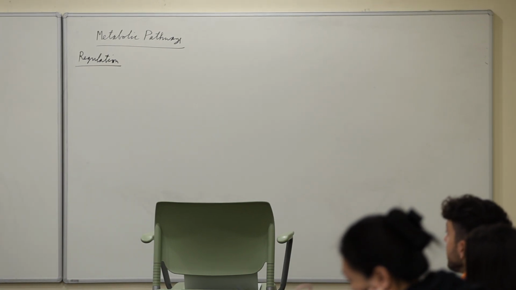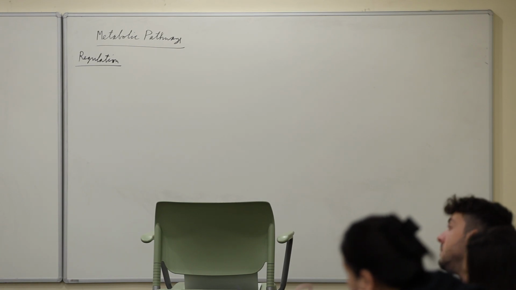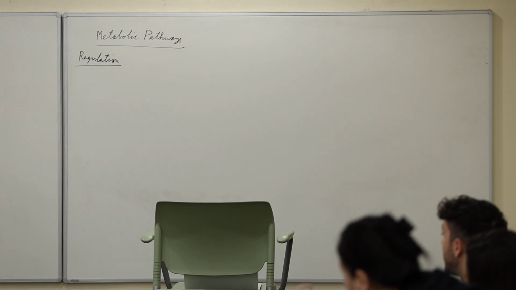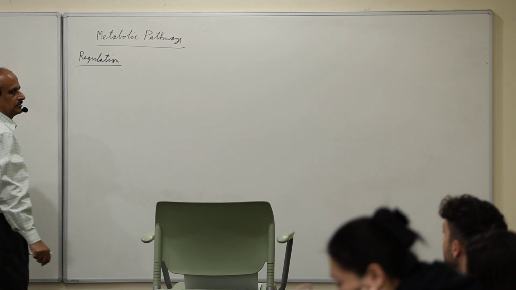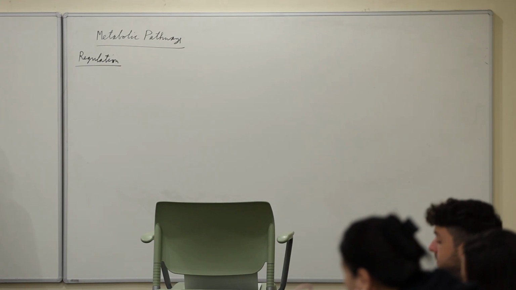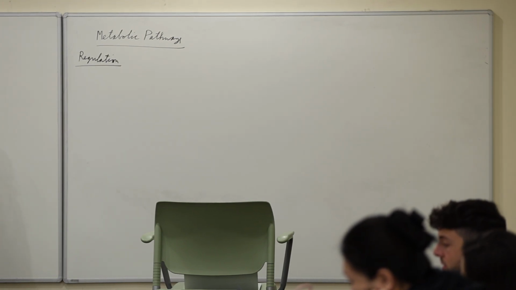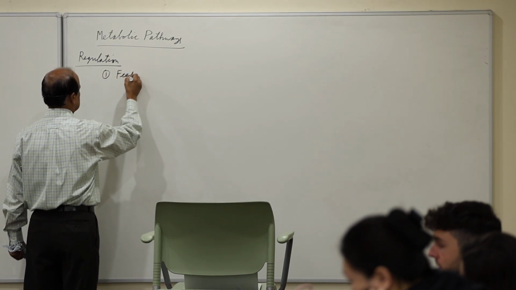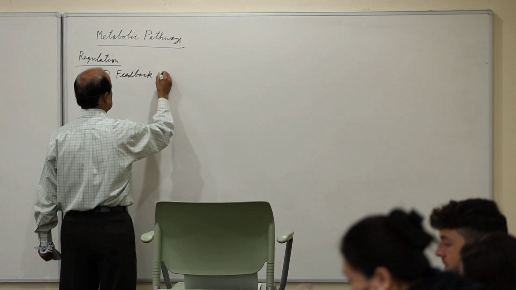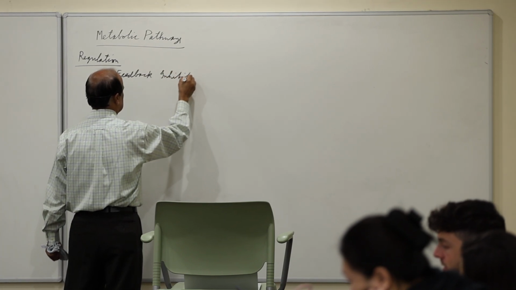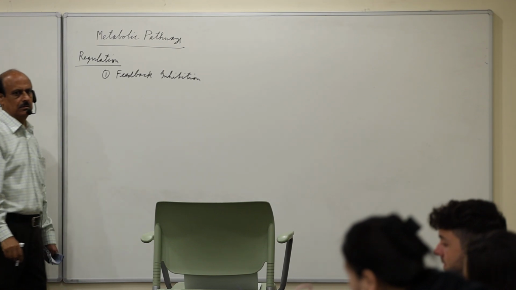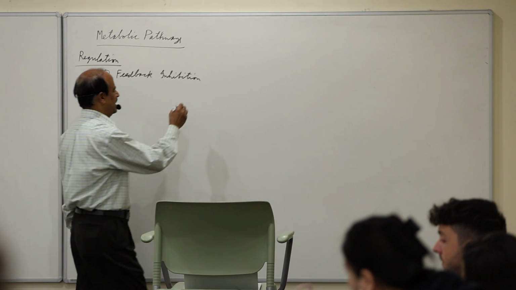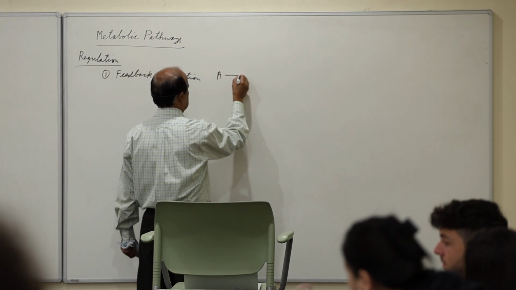So there is a lot more to talk about regulation. So how does the regulation happen? The enzymes, as I said, are turned on or off, and there are basically about 4 different ways you can turn on and off an enzyme. So one is called feedback inhibition. So feedback inhibition means if you have a pathway like this,